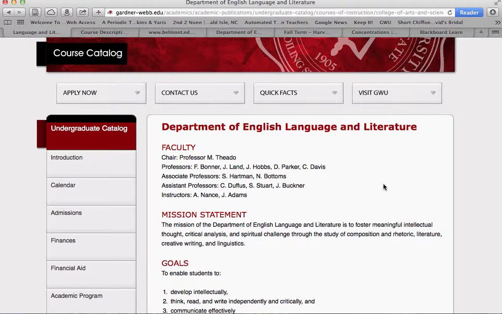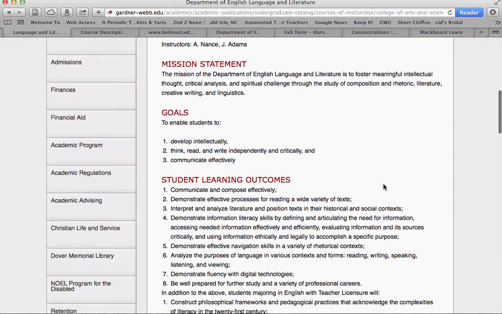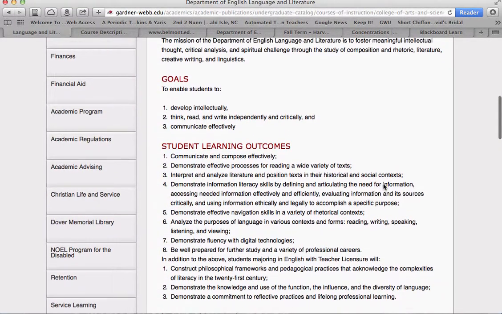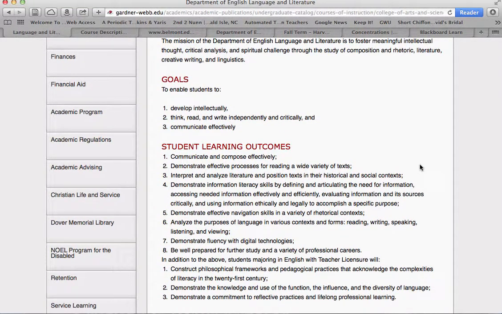Then you can read through some of the mission statements and our goals and our student learning outcomes. This is a good example of where I'm not going to stay here a long time, so you could pause and look at these yourselves. But what you want to notice, applying your lens from the reading, is what is being valued through these learning outcomes. That's what we communicate when we create a goal or an objective or a learning outcome. What is valued?